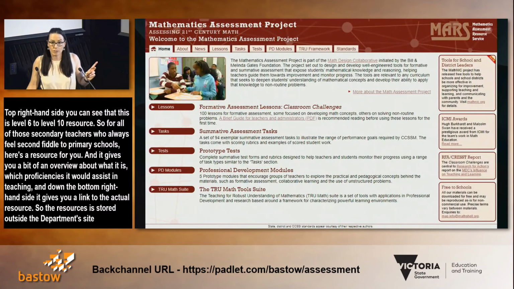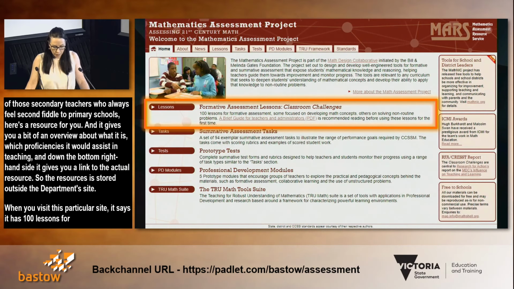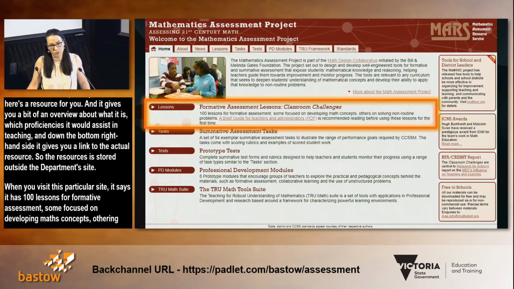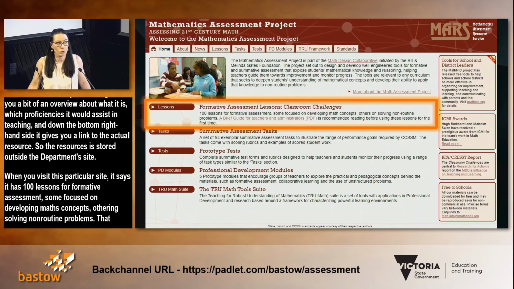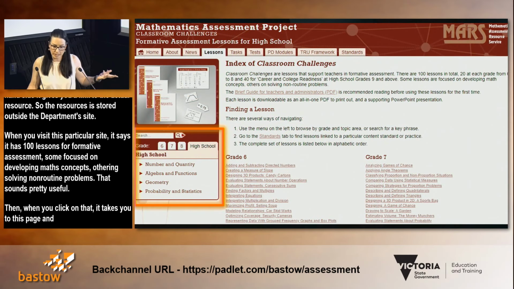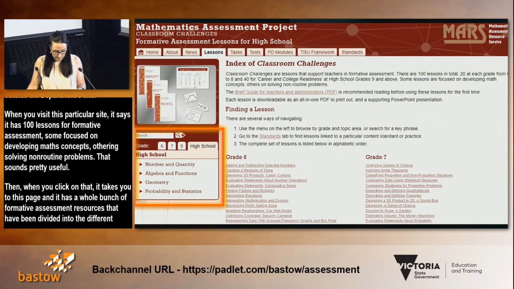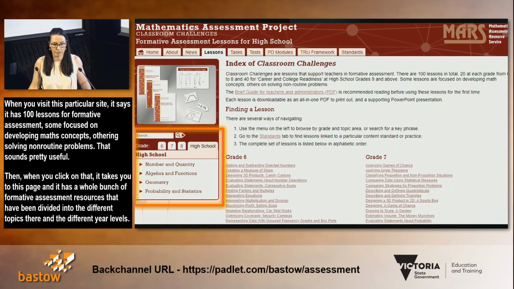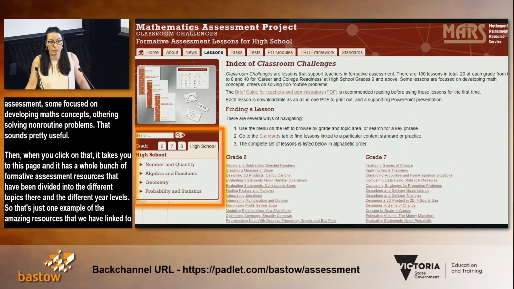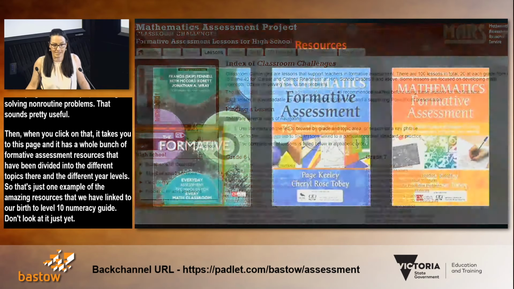When you visit this particular site, it says that they have 100 lessons for formative assessment, some focused on developing math concepts, others on solving non-routine problems. That sounds pretty useful. So then when you click on that, it takes you to this page and it has a whole bunch of formative assessment resources that have been divided into the different topics there and the different year levels. So that's just one example of the amazing resources that we have linked to our Birth to Level 10 Numeracy Guide. Don't look at it just yet. I'll know if you do.